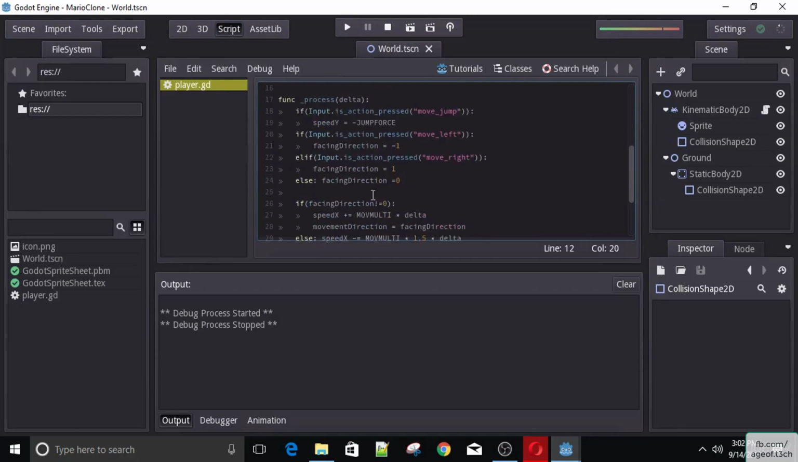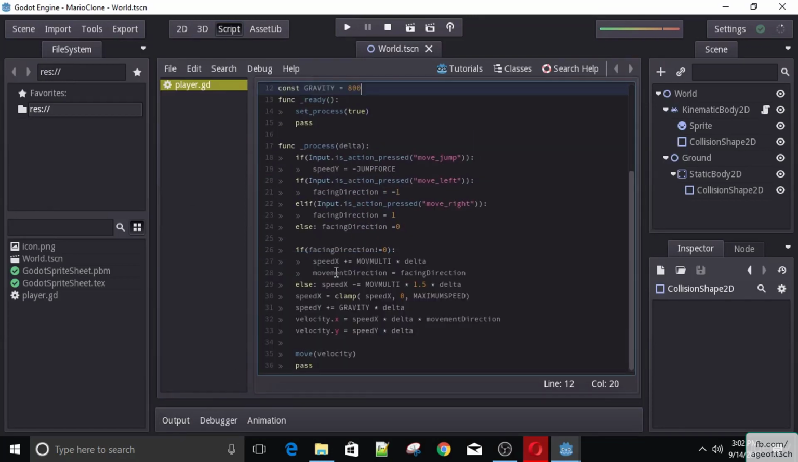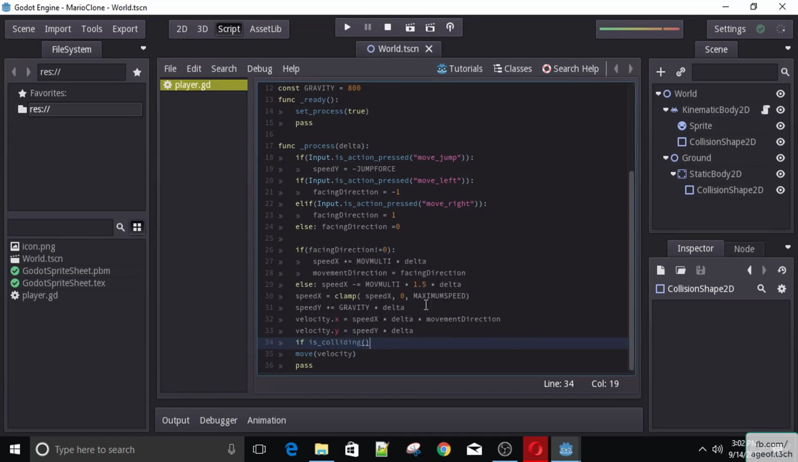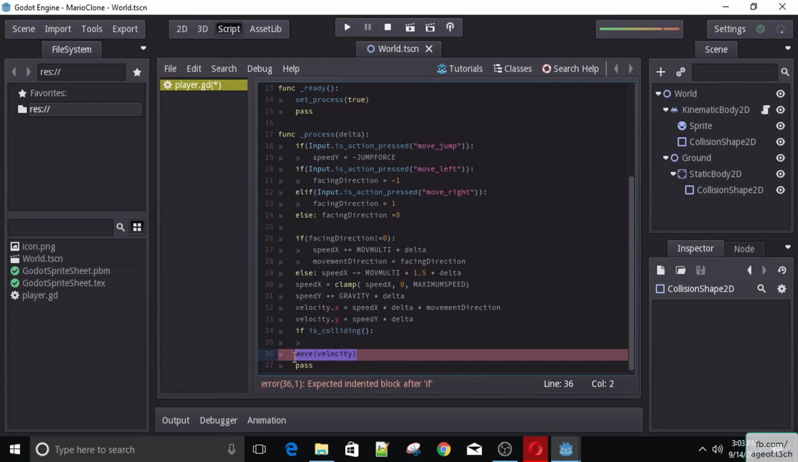Go back to our script. In the function process, let me just close the output here. We can use a method called is_colliding. So let's say if, check to see if it's colliding. If is_colliding, what we want to do, well, we want to do a few things. First of all, we want to take this move velocity,